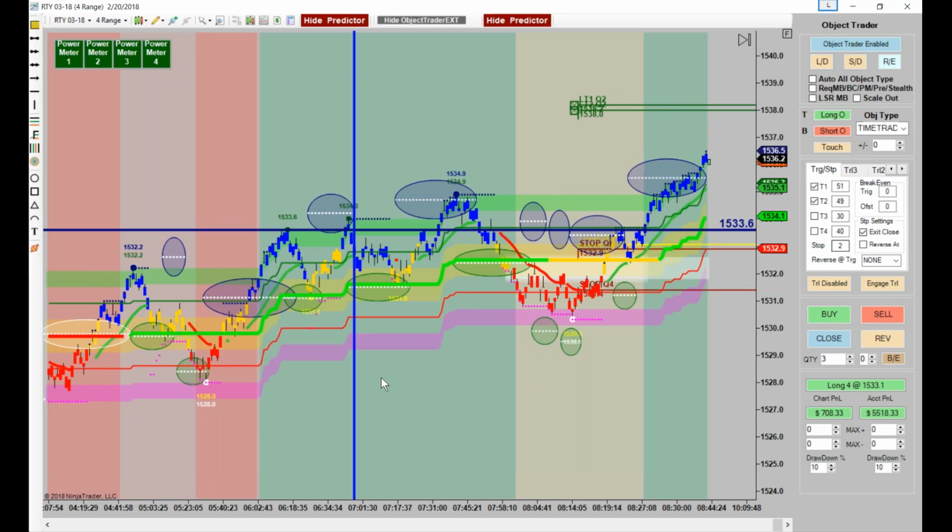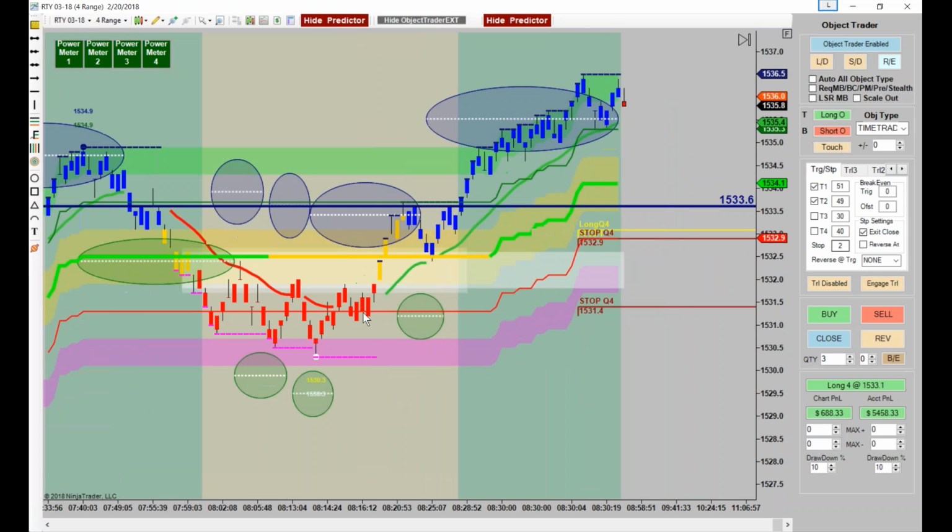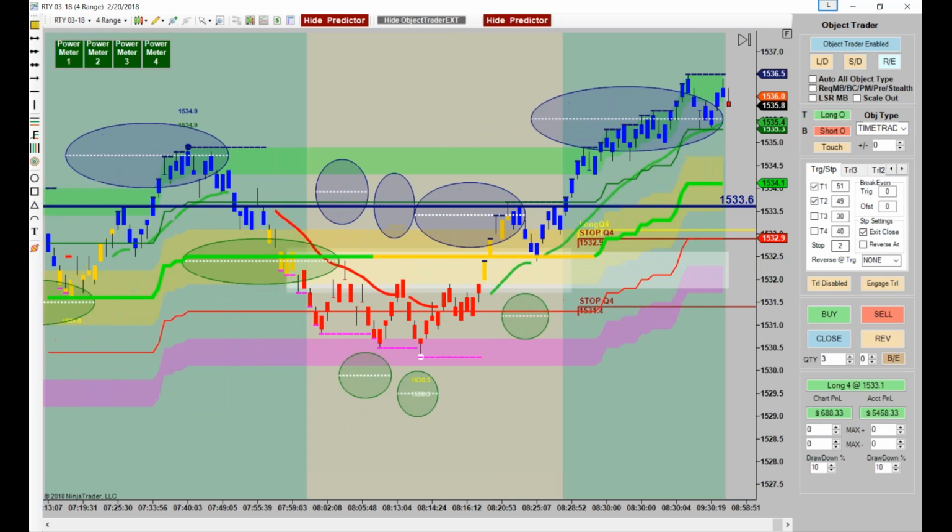Notice that in 30 minutes, the little box goes away. Okay. Notice that I've got this box set for 30 minutes also, but it stays on your chart because it keeps that shadow on there so you can kind of see where the time was.